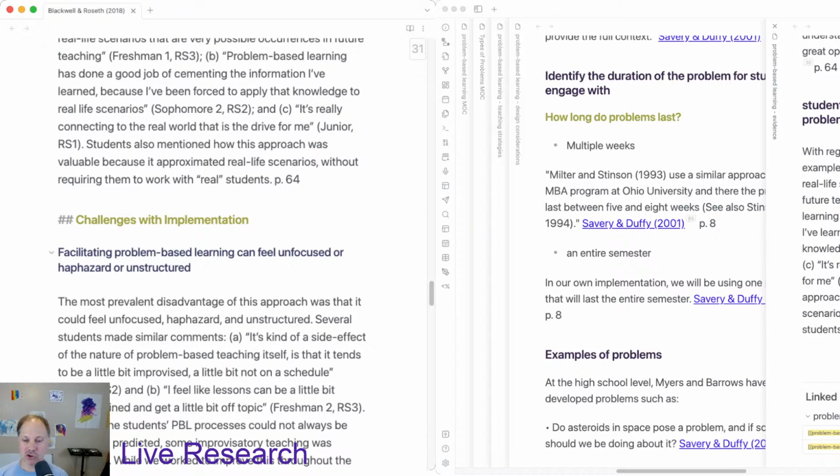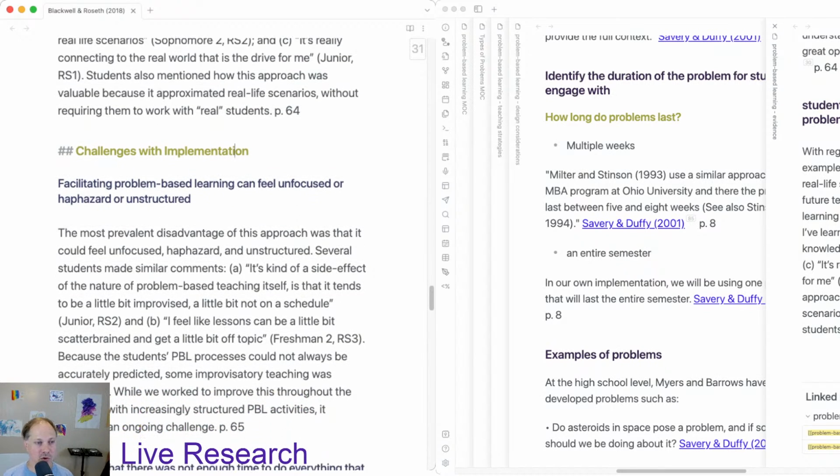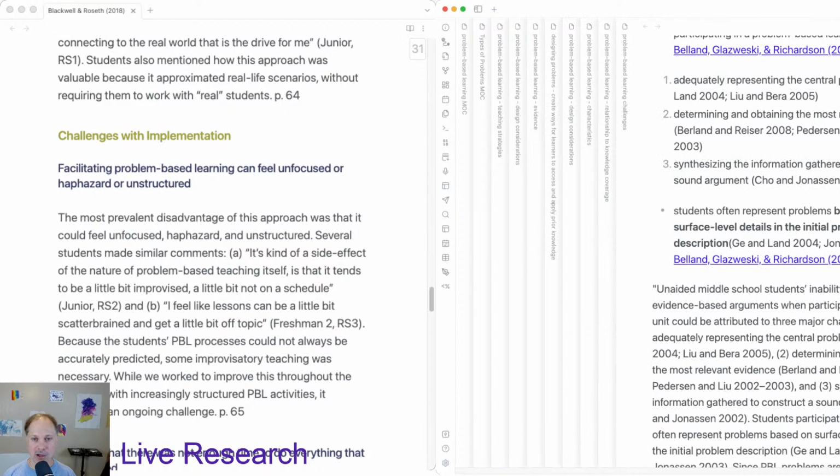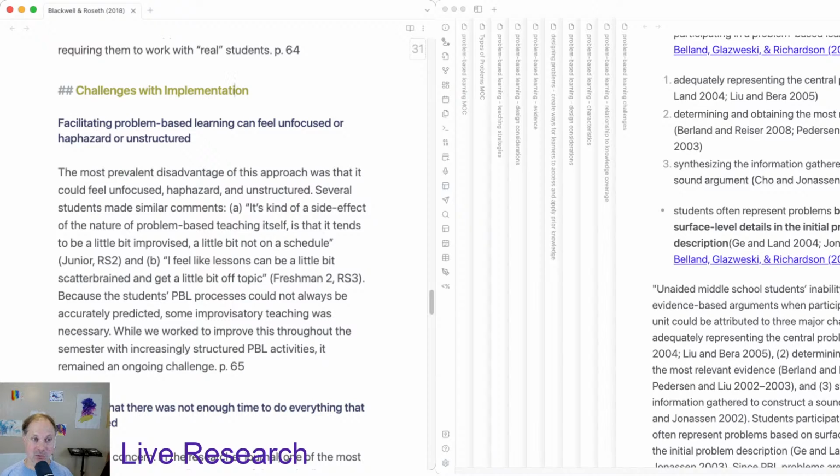Okay. So we're now in the part of this literature that's dealing with challenges with implementation. So this will go for now into challenges, but again, I have notes on facilitation. So not only will these notes inform challenges, but they will inform how might we facilitate,